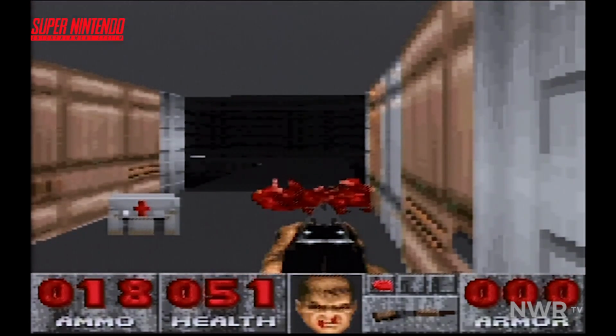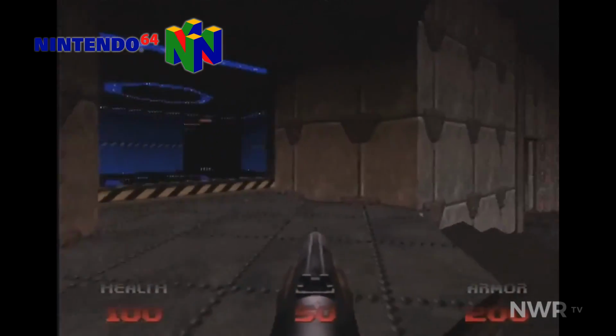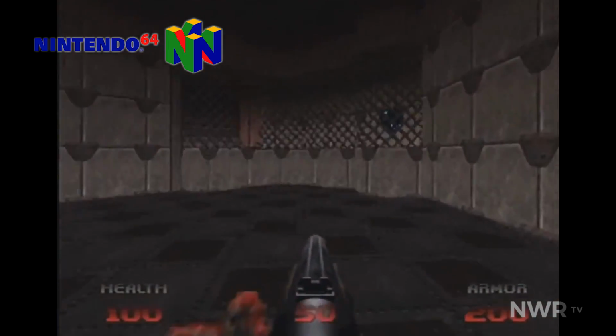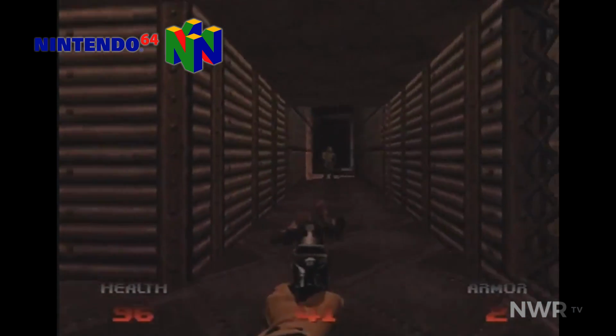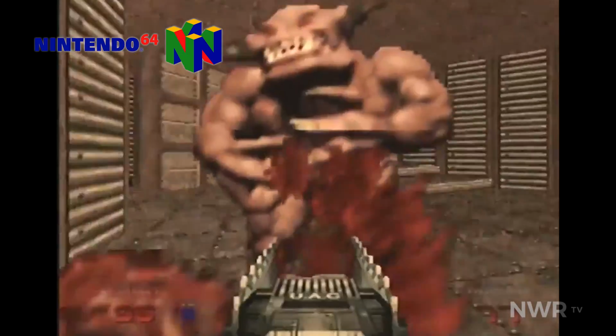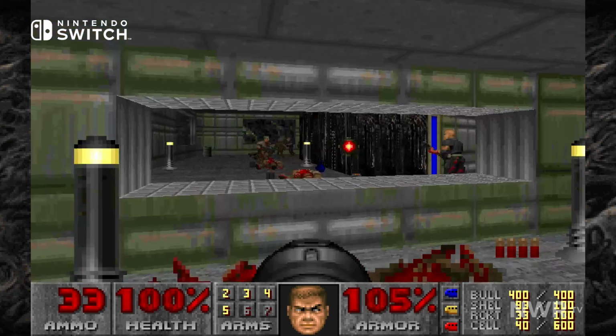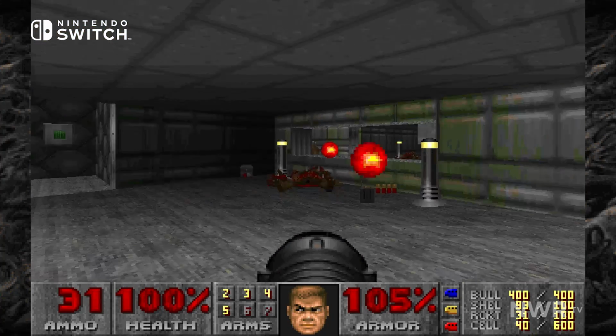Even the Nintendo 64, which was vastly more capable of running Doom, would instead get an original and exclusive Doom game called Doom 64. It's important to note that Doom 64 is an entirely separate entry in the Doom franchise, and while it's fantastic, it isn't the original Doom. But the Switch doesn't just represent the return of the original Doom to Nintendo home consoles, but also to Nintendo